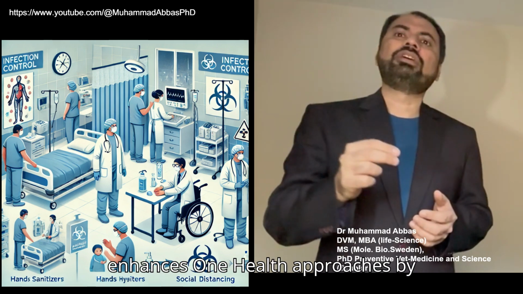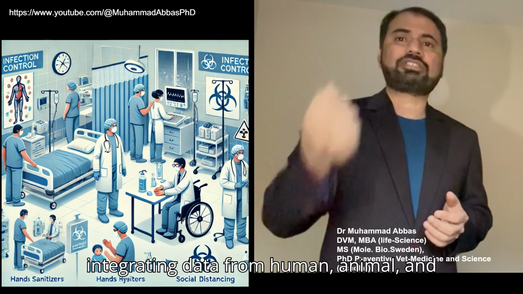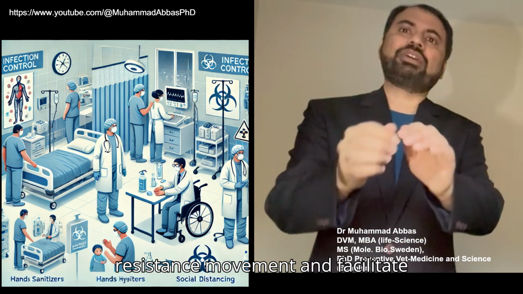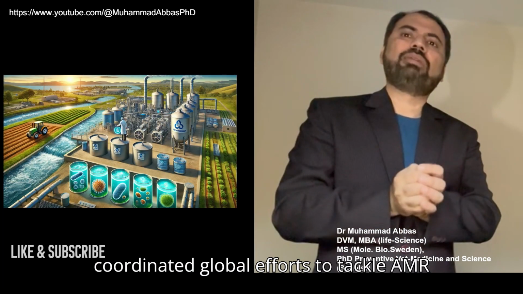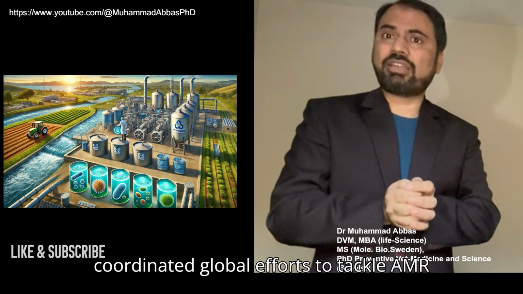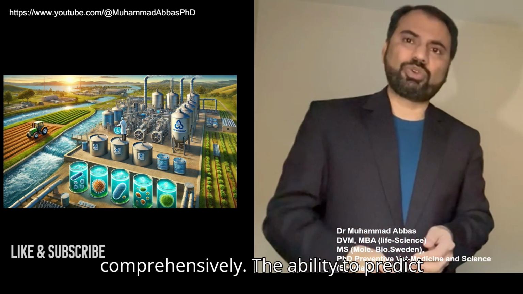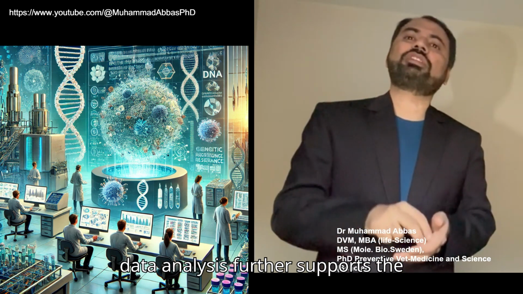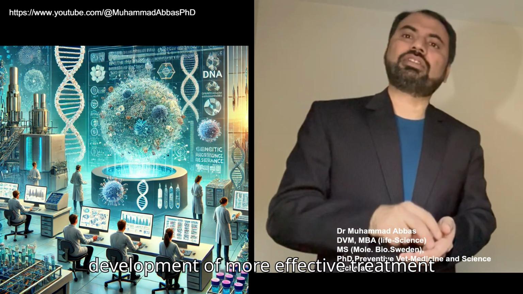It also enhances One Health approaches by integrating data from human, animal, and environmental sources to understand resistance movement and facilitate coordinated global efforts to tackle AMR comprehensively. The ability to predict resistance patterns through metagenomic data analysis further supports the development of more effective treatment strategies tailored